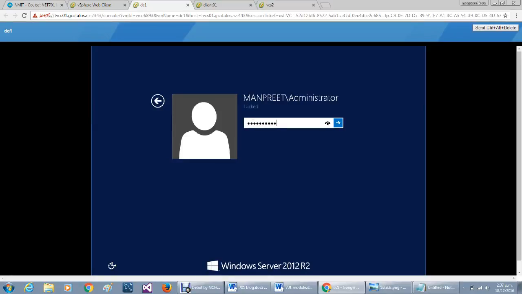To open my DC, I just give the right password.